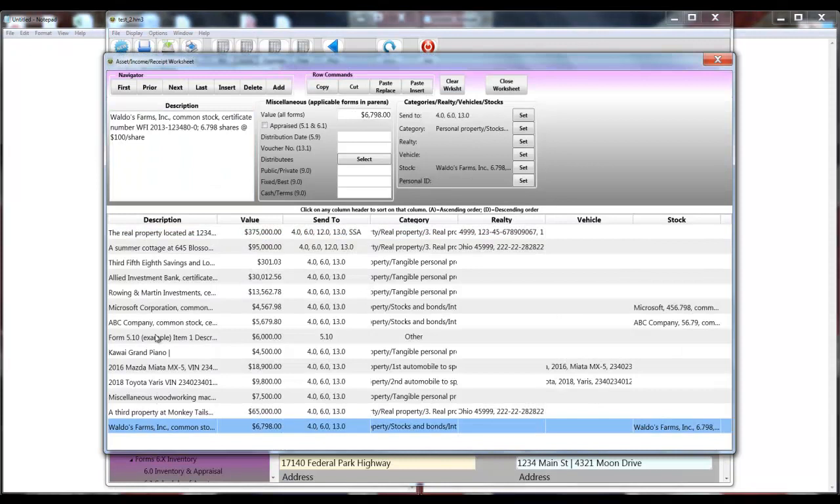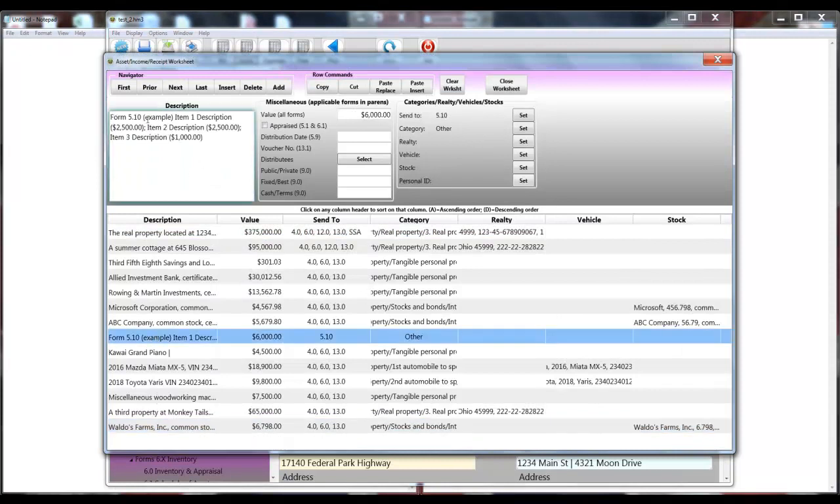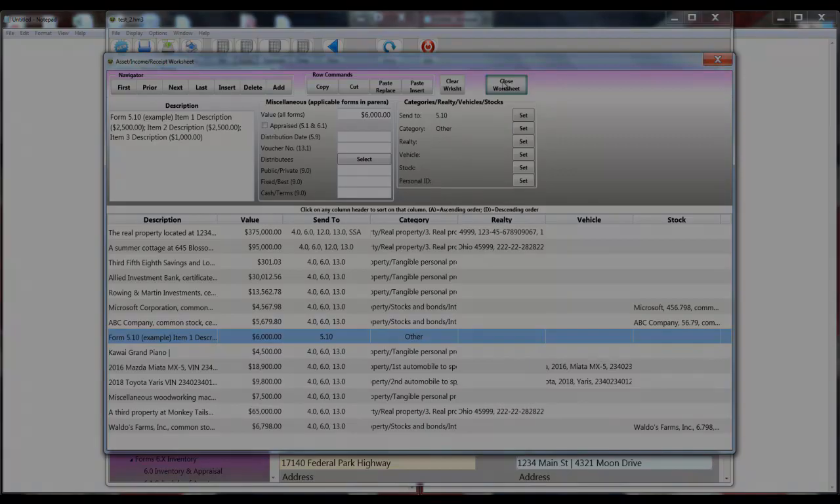Oh, I know where. Here it is, 5.10 example. I've got several. I've got a description number 1, description number 2, description number 3. I've got 3 different things in there, and then I took the totals, 2,500, 2,500, and the 1,000, put them over here. And when I send it to 5.10 and categorize it as other, what we should see,